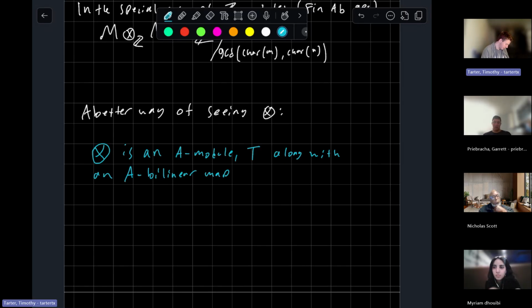An A bilinear map, lowercase t prime from M cross N to T,